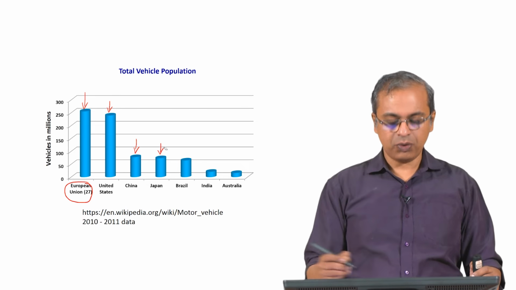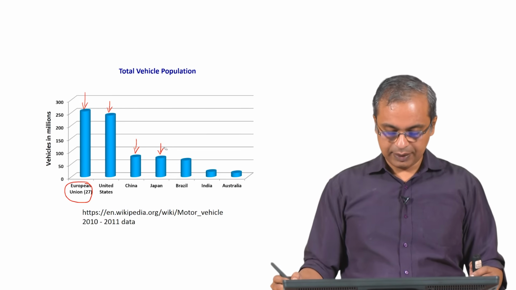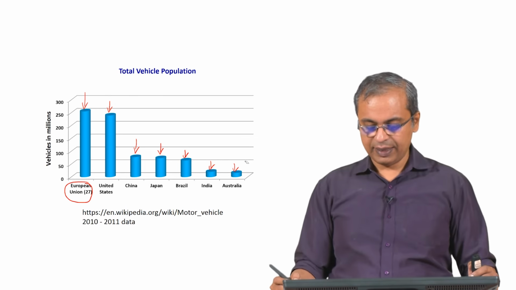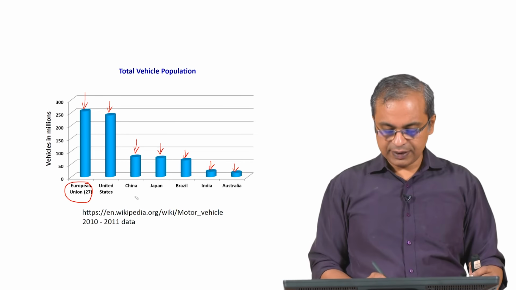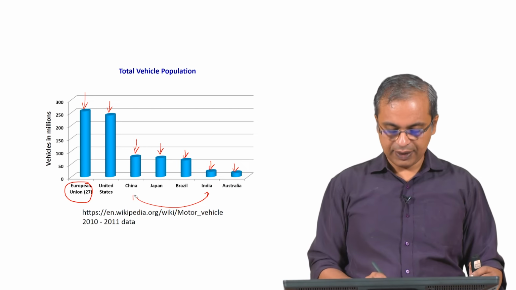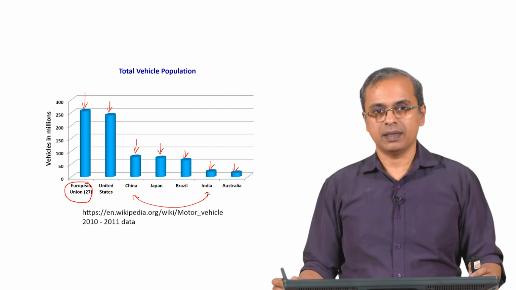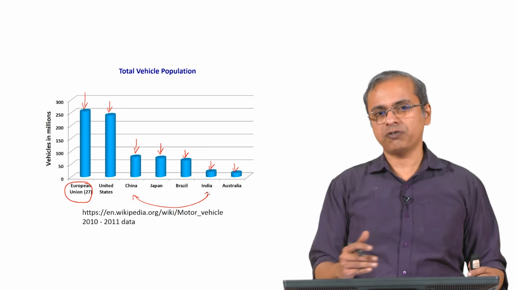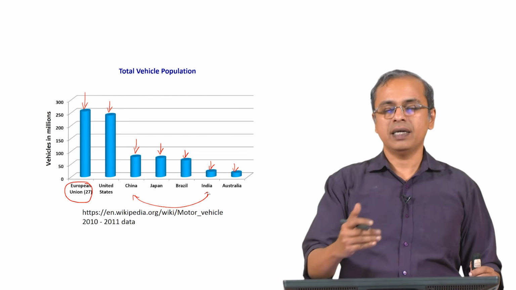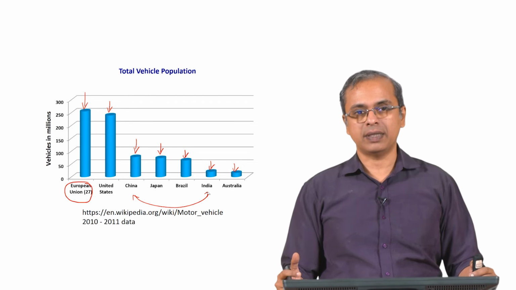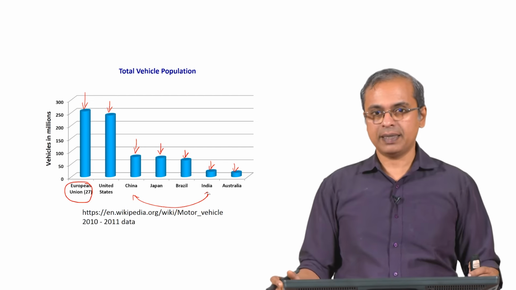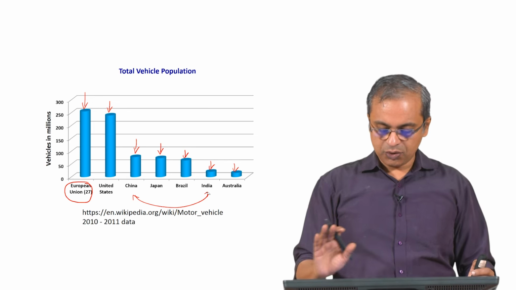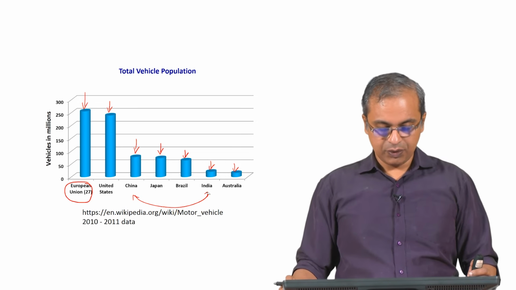Similarly Japan also has 60 million vehicles present in that country, then Brazil, and then you have India and Australia, which are relatively less in comparison. Of course, always the comparison is between India and China because we have very similar overall population. So a lot of comparison there. In these kinds of parameters, as of today we are behind China in the numbers, in terms of how they have expanded their sales processes and the ability of people to buy things and so on. So that is how the distribution is.